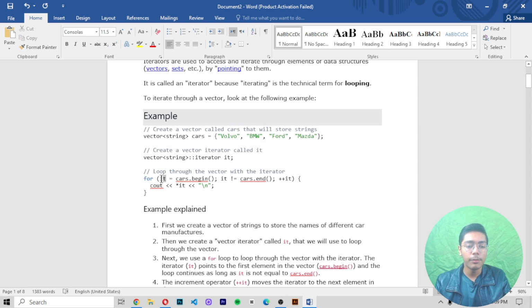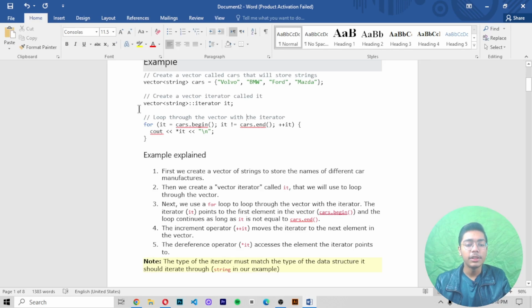It is short for iterator, or you can just say it is a short form of iterator, which I am using here, and then here as well, and then in the end here as well. So I'm iterating all these things with a loop, and I'm getting them all printed, but in a different way. And I'll be showing you that when I'm just printing this vector here with this string, and when I'm using